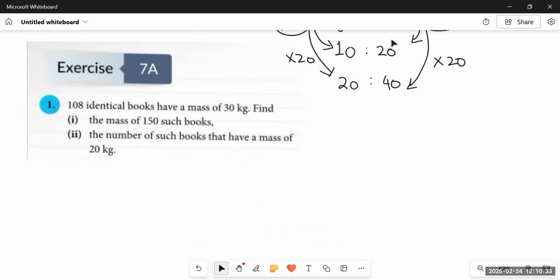So the questions that are given in exercise 7a, for that, first of all, let us understand that when two quantities are in a relation such that with the increase in one quantity, the other quantity also increases, then the relation between them is called directly proportional, right? One is increasing, the other one is also increasing, is called directly proportional. But sometimes it happens that one quantity increases, the other decreases. That proportion is called inversely proportional. That is, on one side there is an increase and on the other side there is a decrease.